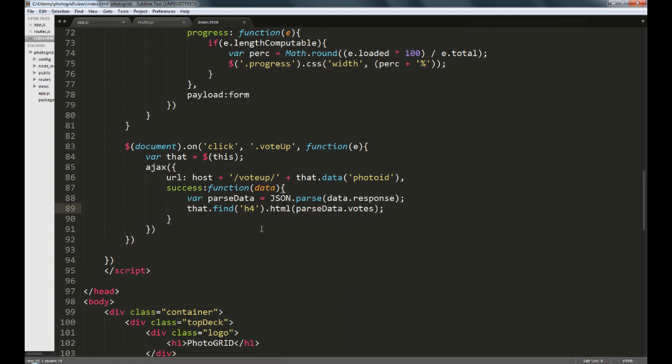So this creates the click handler for the vote up button. Now let's go back into the routes.js and create a route for this particular functionality. So let's go into the routes.js now,